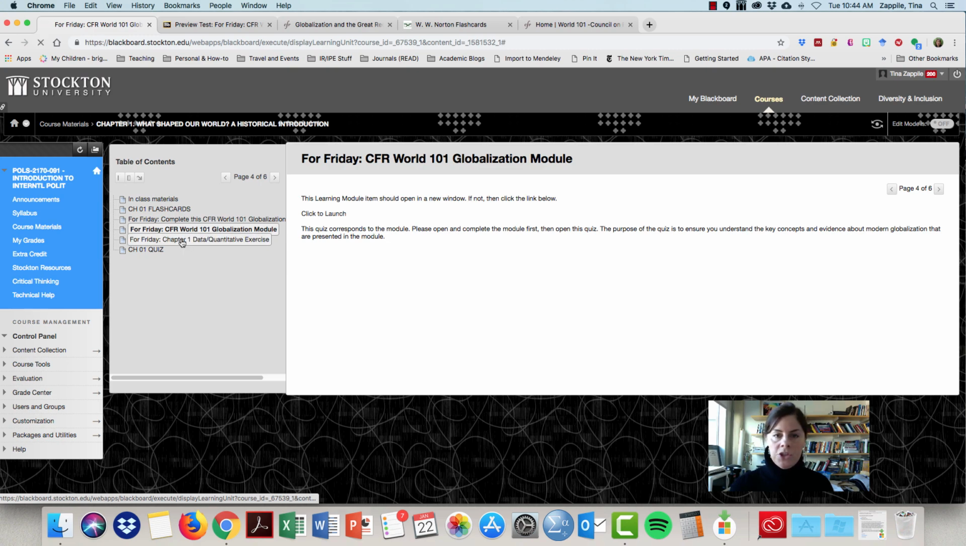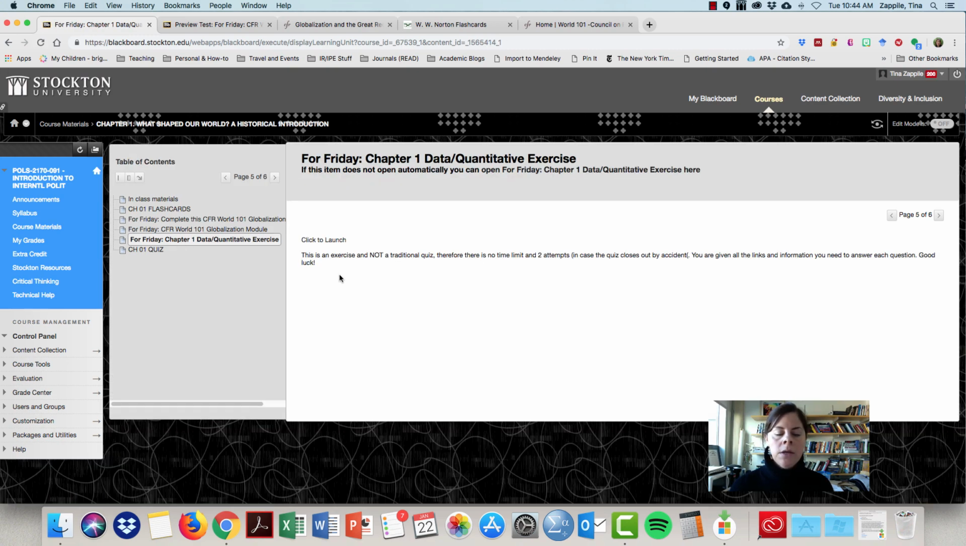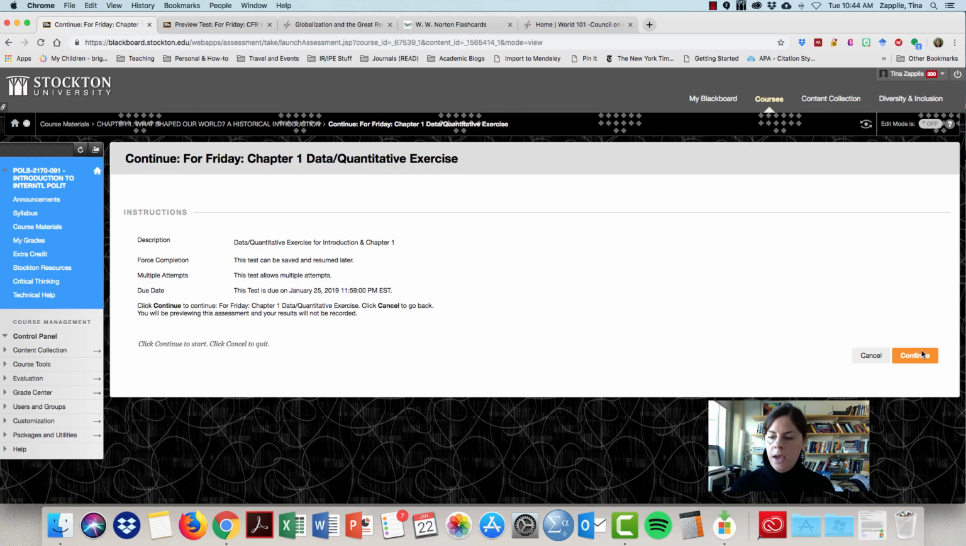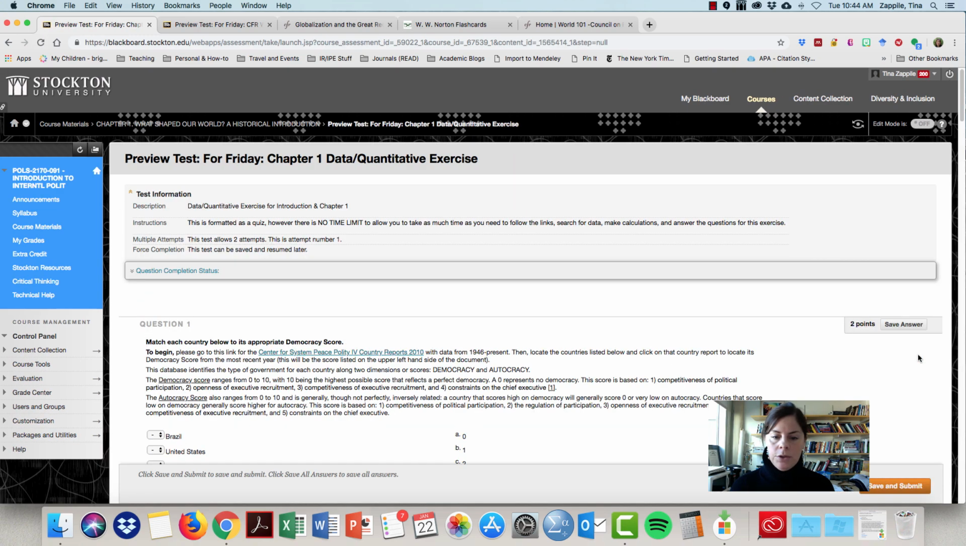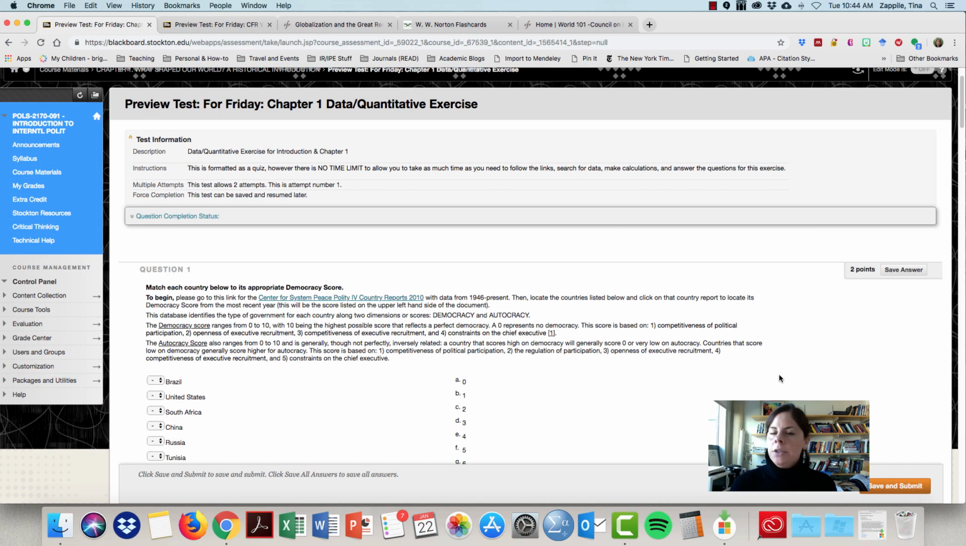And then finally, the Chapter 1 data exercise. So I say in the description here that it's an exercise and not a traditional quiz. It's just easier to set it up as a quiz. You have no time limit, and you also have 2 attempts, again, in case it closes out by accident. But since there is no time limit, you keep it open until you're done, and then there you go. And you can use the second attempt if you'd like. So you'd click on here to launch, and then I'll go ahead and open it and show you what it's all about. So the first question you can see